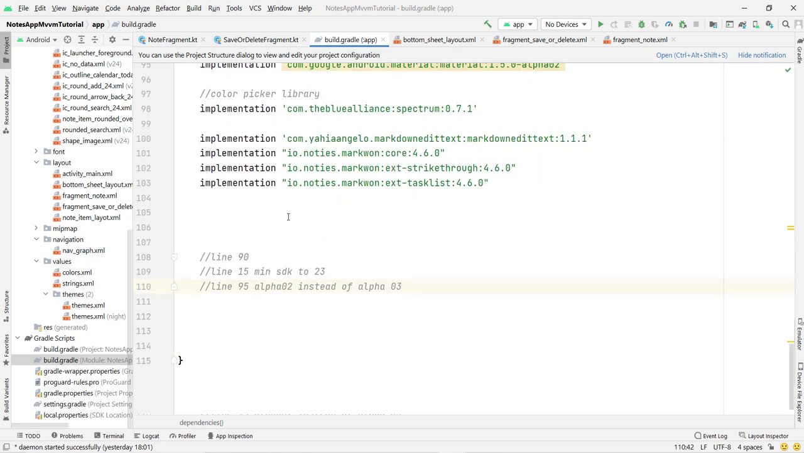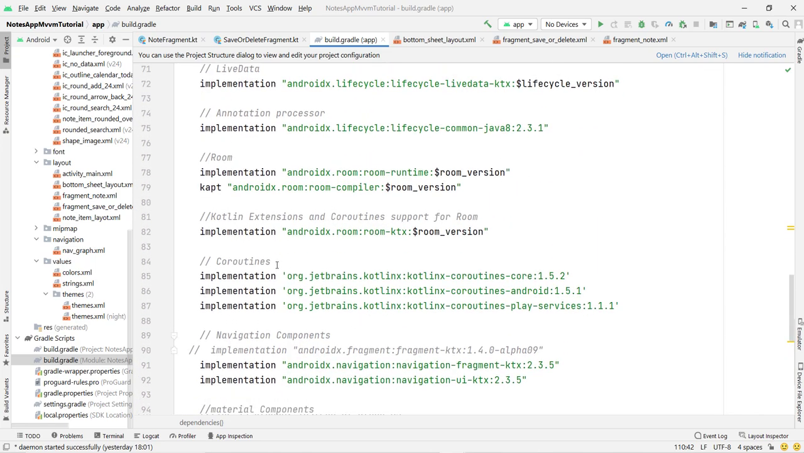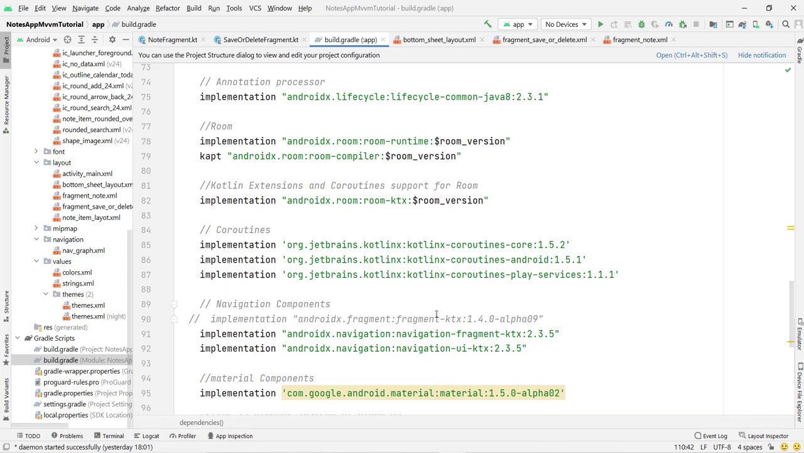And at last, in line 90 I added a dependency here. You can see this androidx fragment ktx alpha 09. So you have to remove this dependency, otherwise it is going to show an error. So now it's done. Now let's check our app whether the app is working or not, and if it is working fine, then we will end this video. So for this I have to